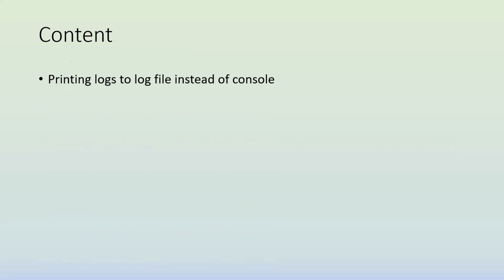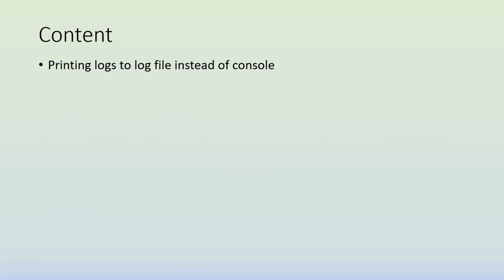So what is the content in this video today? In addition to the trade tracking logic, one thing I added here. So far we are printing all the logs to console, right? Whenever you start python main.py, all the logs are getting printed to console. Someone requested to write the logs to a log file. So I changed that, printing logs to a log file instead of console, so that it will be easy to check what went wrong or how the algo is going through different phases, so that you can track all the logs from a file.